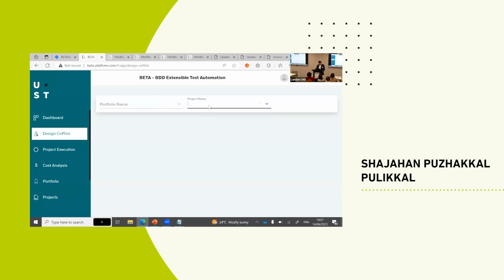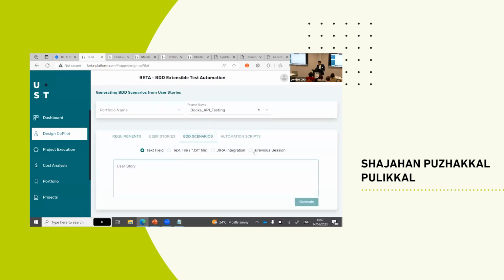If we go here to the BDD scenario preparation, you can select the previous execution. You can select the number you executed earlier. When you select that number, the user stories which were populated or created will be loaded into this bucket and taken up. That's the way we can make it a continuous journey.